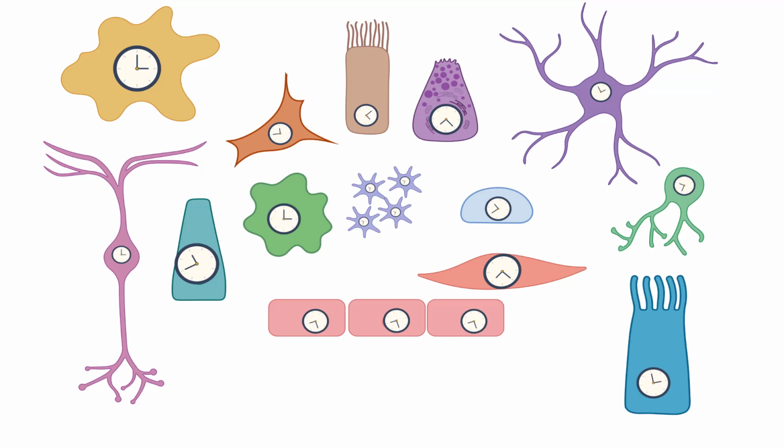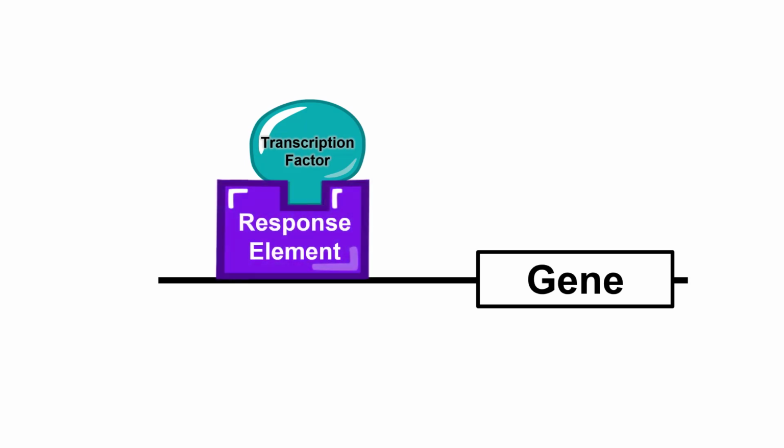In part 2, we will explain the complex regulation of this gene in more detail and show how the clock and metabolism are intertwined. The core of the mammalian circadian clock is a feedback loop composed of proteins called transcription factors that bind specific segments of DNA called response elements. Once bound, transcription factors can turn on or off the transcription of the downstream gene.